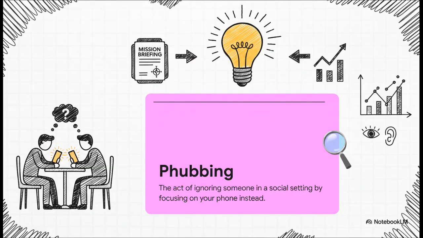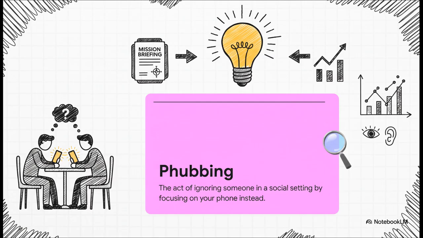Okay, first things first, let's get on the same page. Fubbing, as you can see, is the act of snubbing someone by looking at your phone. It's that moment when a digital screen totally wins the battle for attention over a real, live person sitting right in front of you. We all know it when we see it, but how do you go from just noticing it to actually studying it?